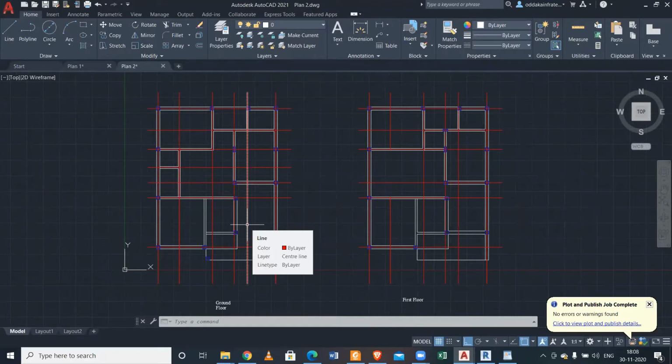After that it changes, because we have to draw the column positioning anyway. So when we draw this, we can consider only 10 inch into 10 inch columns. Can you wait for a minute?